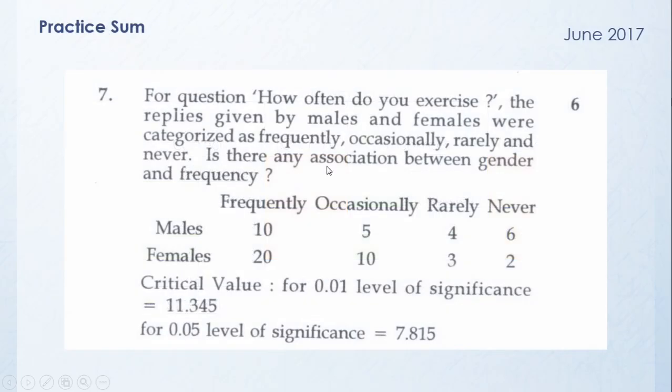The next sum, this is a tricky sum. It is nowhere mentioned that you have to do chi-square here. In earlier examples and earlier sums, everywhere it was clearly mentioned, while here in the June 2017 paper there is nothing mentioned like you have to use chi-square for the solution of this sum.